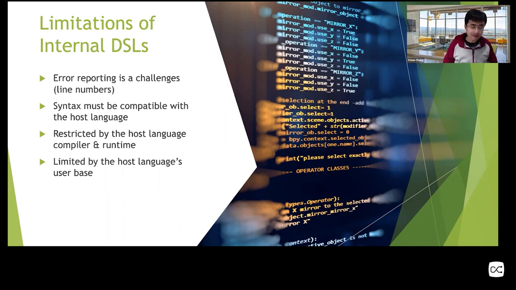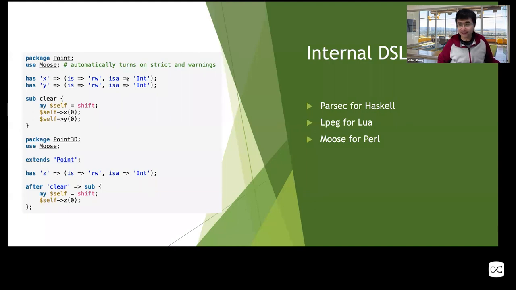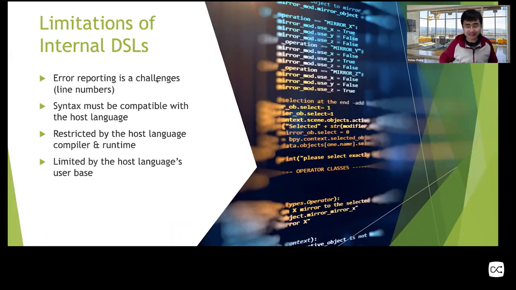And the second one, the syntax must be compatible with the host language. It's limited, using function names and operators, like the arrow operator, which is essentially a common operator in Perl. So it could emulate some nice syntax, but it's still limited by the host language. For example, Lua is much more limiting than Perl, of course. So you almost always have to add a pair of parentheses there, and also you don't have a nice arrow symbol here, so it's more restrictive.